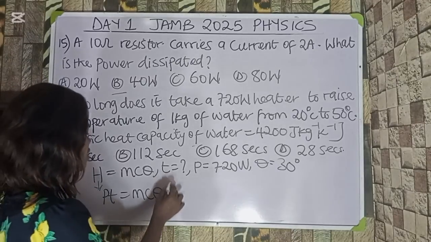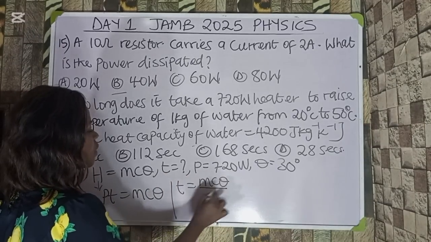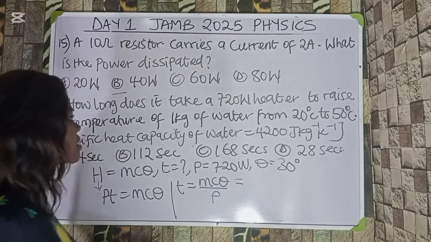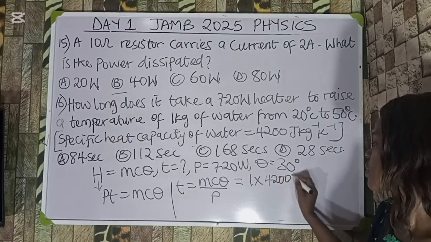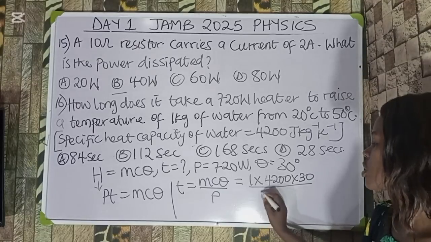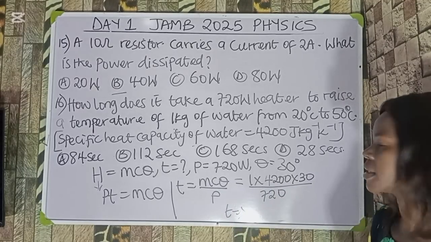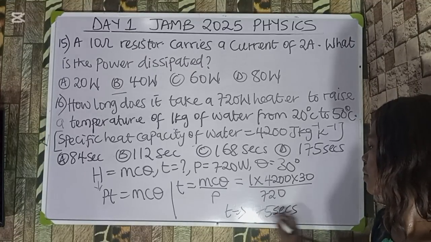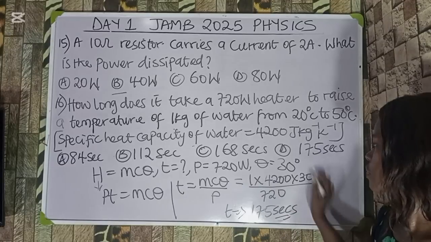Now we can make t the subject by saying that t is equal to mcθ over P, right? Let's just put in our parameters. What is my mass? It is 1, times c, which is 4200, then times 30. I'll now divide it by my power, which is 720. So by the time I work it out, the answer becomes 175 seconds. So the correct answer is option